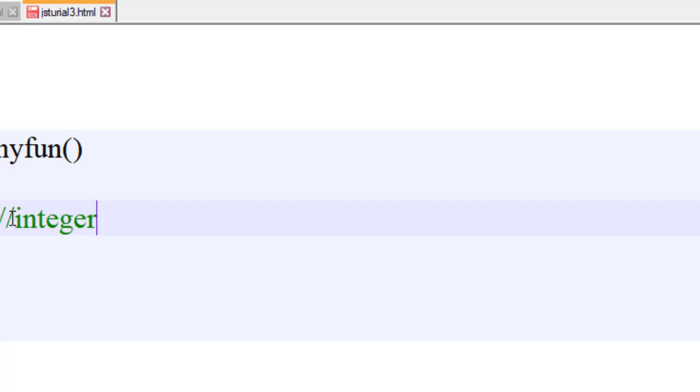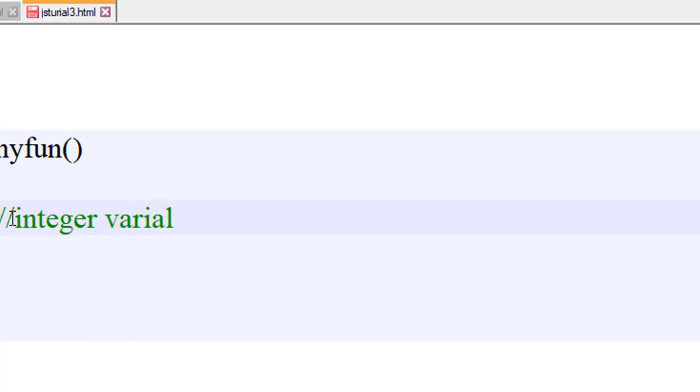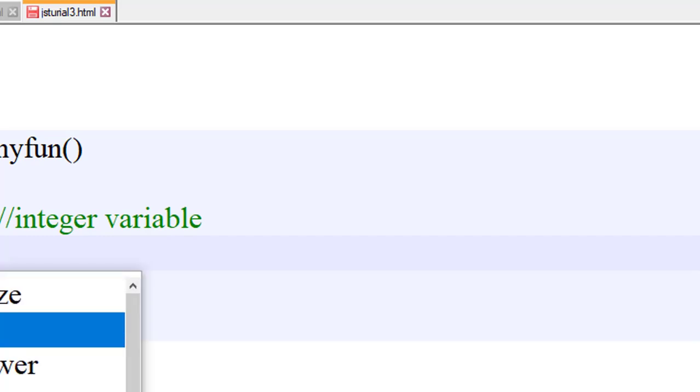Okay, the compiler just ignores that. Comments are only for the programmer to understand the code, or for the learner to understand the code. Okay, this one is the integer variable because it is holding the integer value. Integer variable.